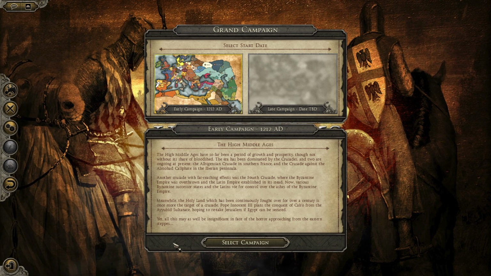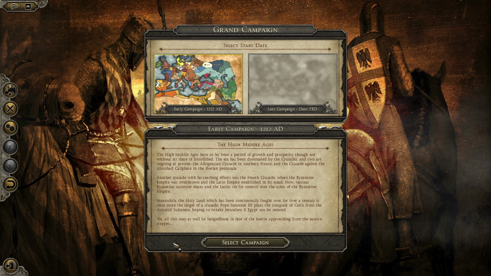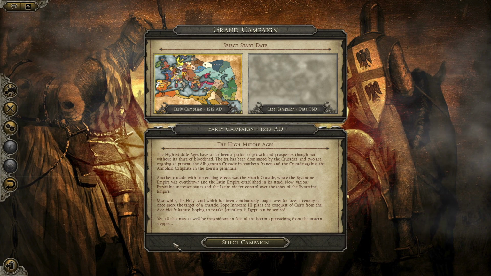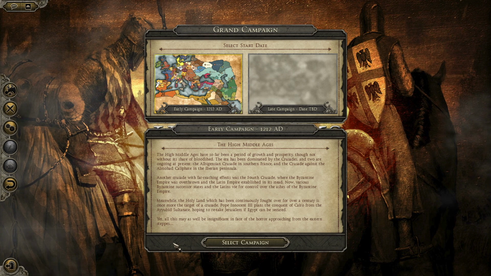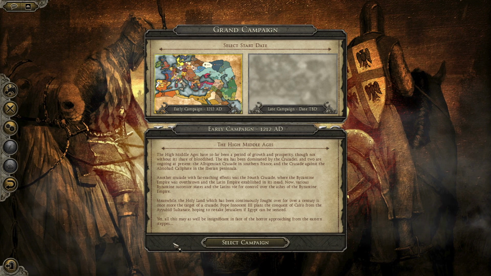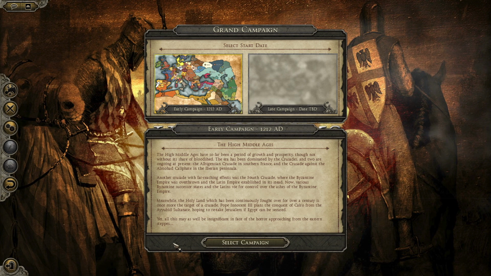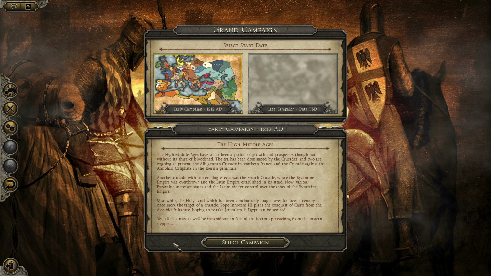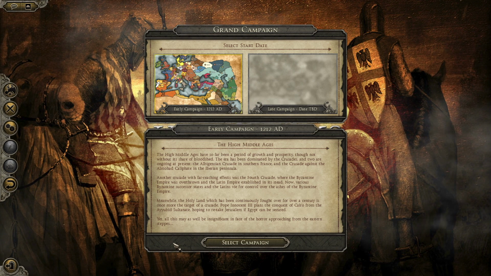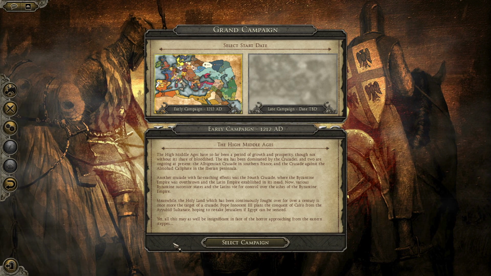The High Middle Ages have so far been a period of growth and prosperity, though not without its share of bloodshed. The era has been dominated by the Crusades, and two are ongoing at present: the Albigensian Crusade in southern France, and the crusade against the Almohad Caliphate in the Iberian Peninsula. Another crusade with far-reaching effects was the Fourth Crusade, where the Byzantine Empire was overthrown and the Latin Empire established in its stead. Now, various Byzantine successor states and the Latins vie for control over the ashes of the Byzantine